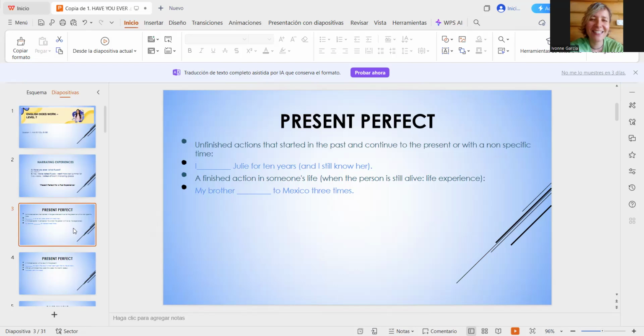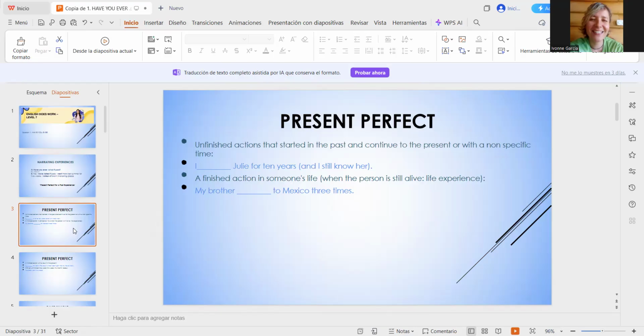So, let's continue in English. Even though the name of the tense is present perfect, we use the present perfect to talk about past experiences. But as I told you like 4 times so far, that past experience is related to the present because expressions like have you ever means